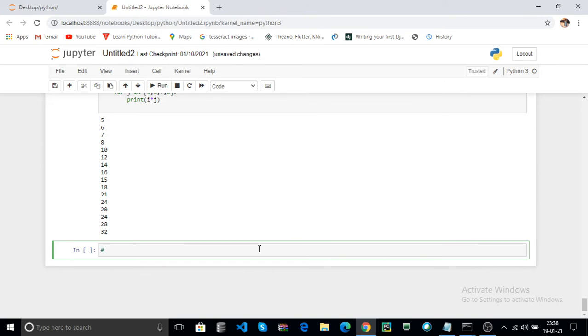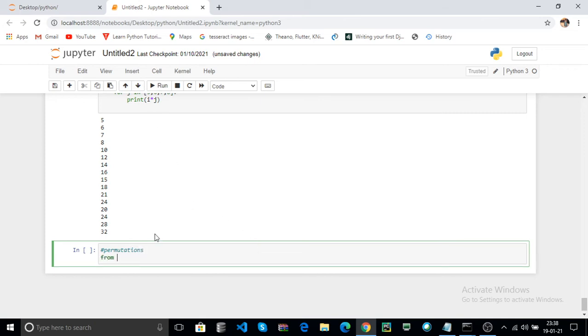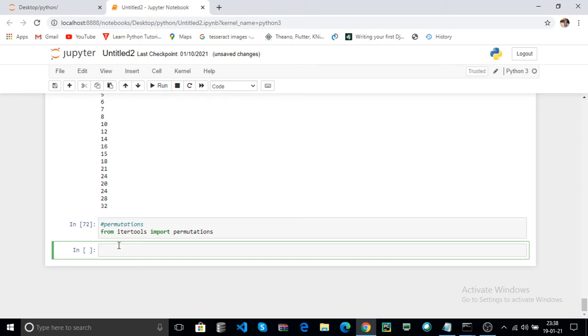Now the next item is permutations. Now first import the permutations function from the itertools module. Click on run. Here use for i in permutations.